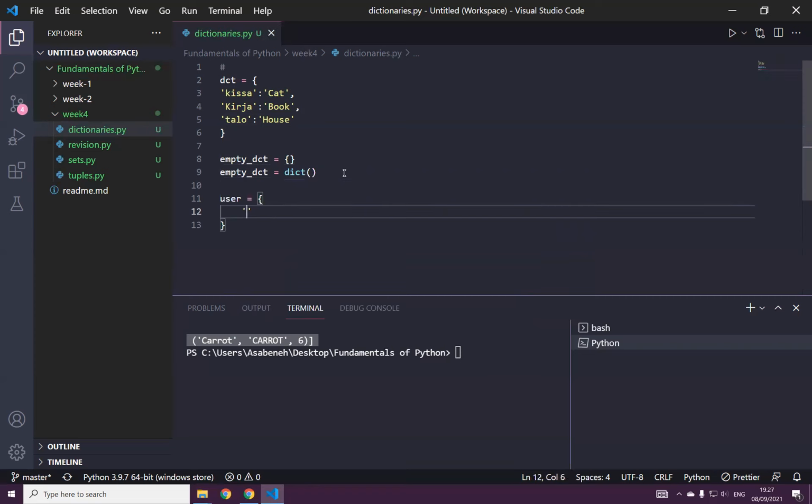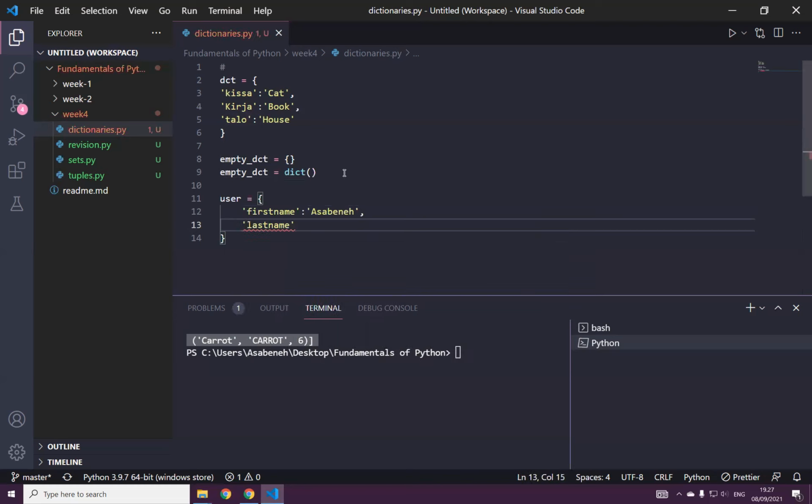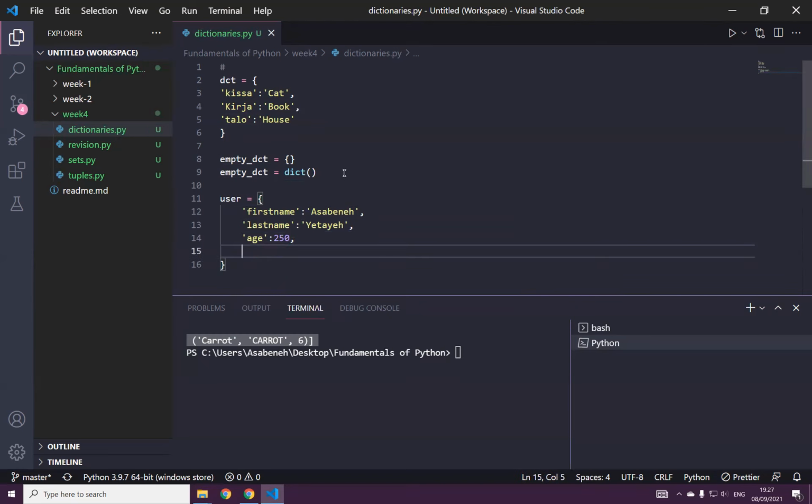Okay, for user, maybe first name, the key, and the value is me. Oh yeah, so the last name, and I may just put my name and maybe age. What's the person's age? Who knows the age of this person, guys? If you have been in the book or in the 30 days of Python or whatever, you remember? No one knows. Okay, 150. Okay, then maybe